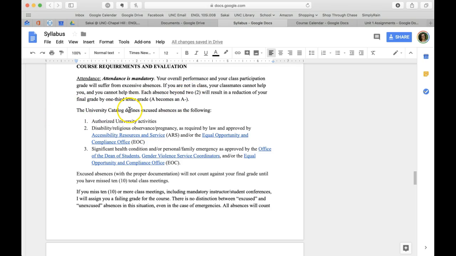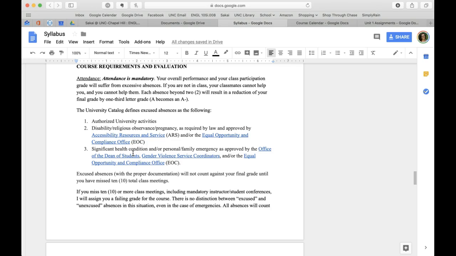Here's the way that the university defines excused absences. If you're on a sports team or something, that definitely is an excused absence and it doesn't count. It's not going to count against you. Obviously, disability, religious reasons, and then a significant health condition. So if you're sick in a significant way, please get in touch with the dean.